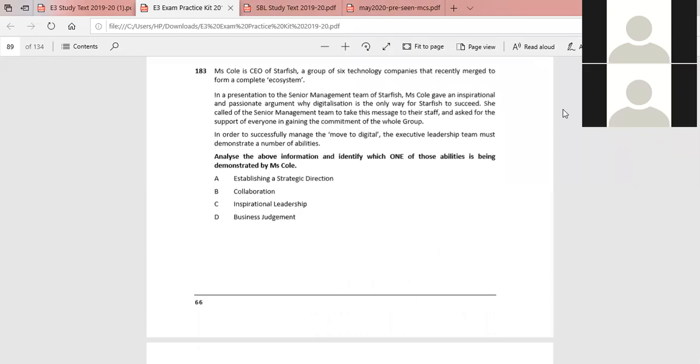In a presentation to the senior management team of Starfish, Ms. Cole gave an inspirational and passionate argument why digitalization is the only way for Starfish to succeed. She called up the senior management team to take this message to their staff and asked for the support of everyone in gaining the commitment of the whole group. In order to successfully manage the move to digital, the executive leadership team must